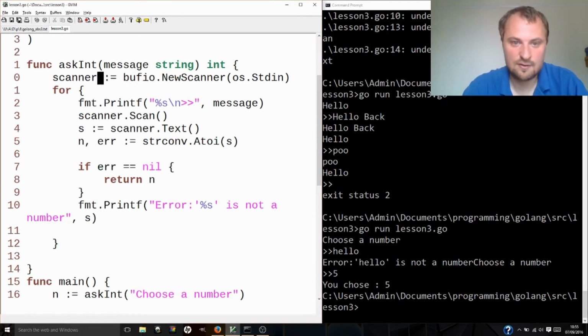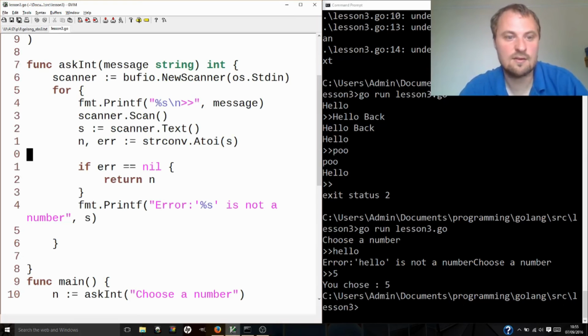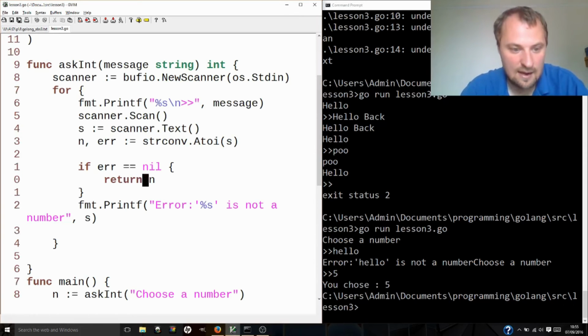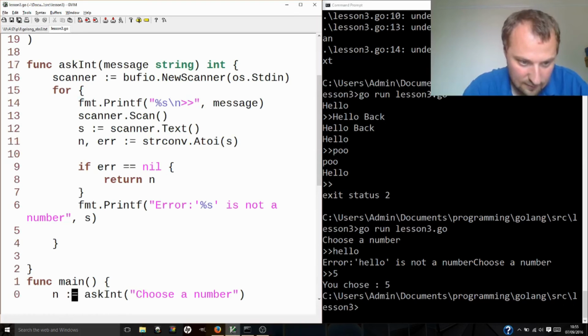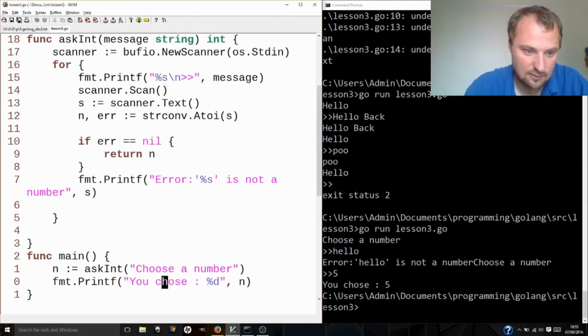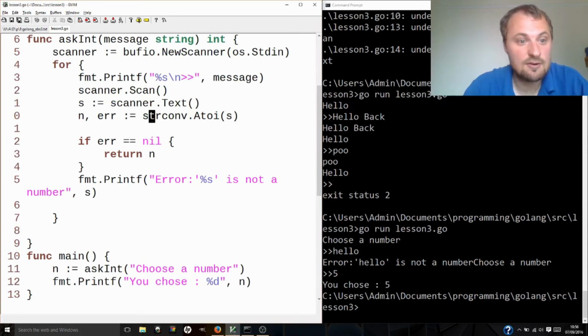And then the scanner looks for standard in. And then we begin this loop, and this loop will carry on until we hit return to leave it. And return basically leaves the whole function and goes right back to, and then n will become this askInt here. Well, askInt here will become that n here, which will then be placed into this variable here, which again is different from this one. But it will only do that. So it scans, and then a property of the scanner becomes its text. And then we grab that text, stick it in s,